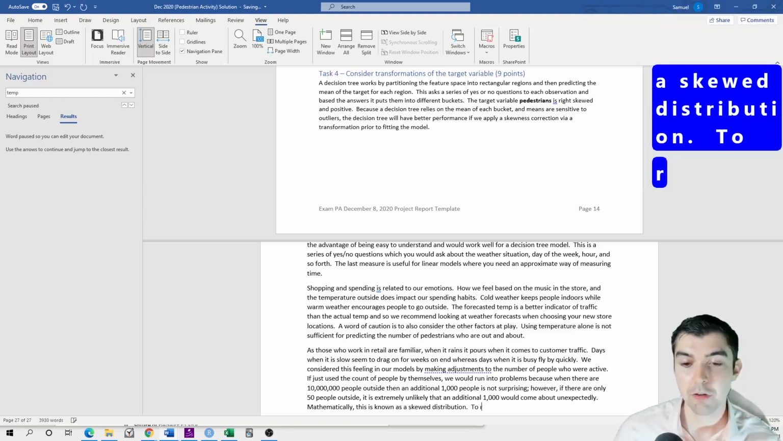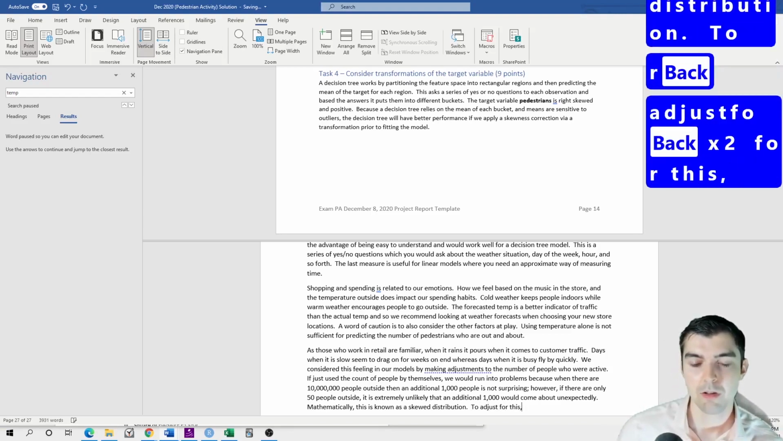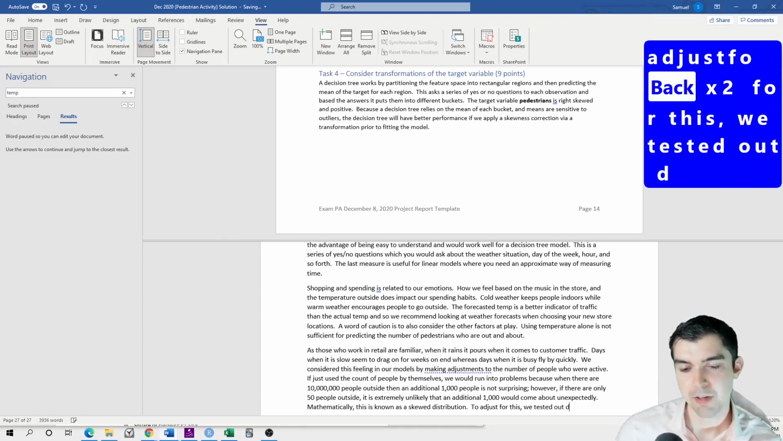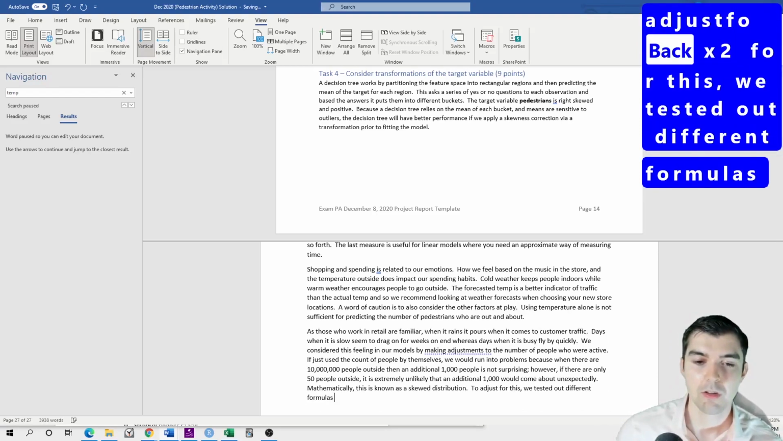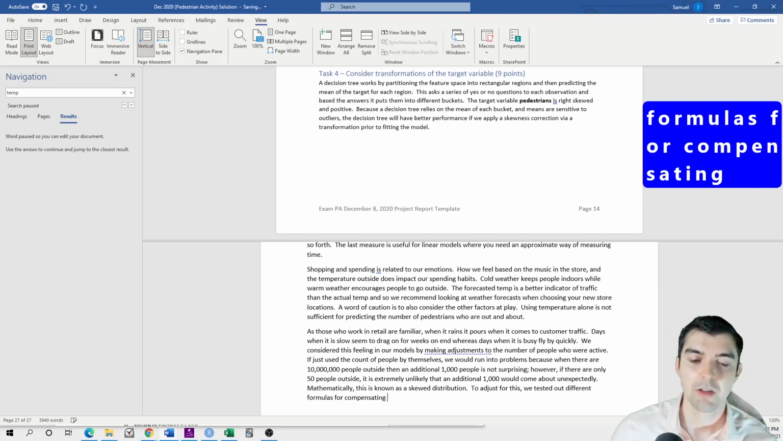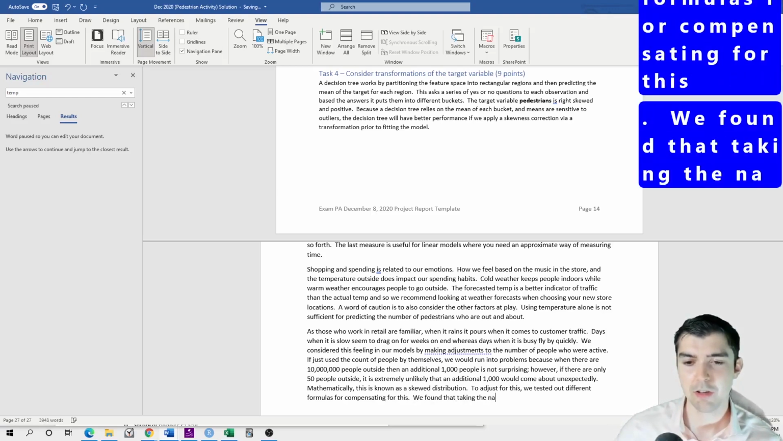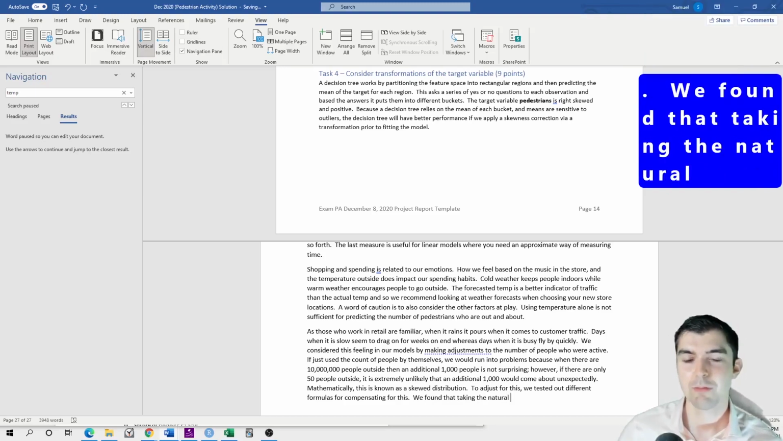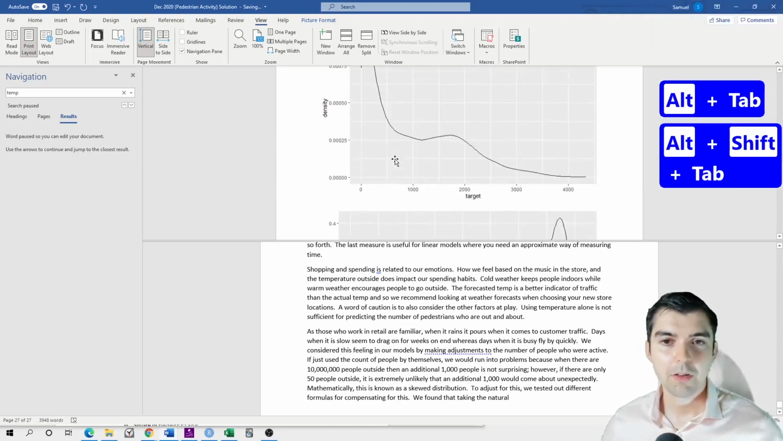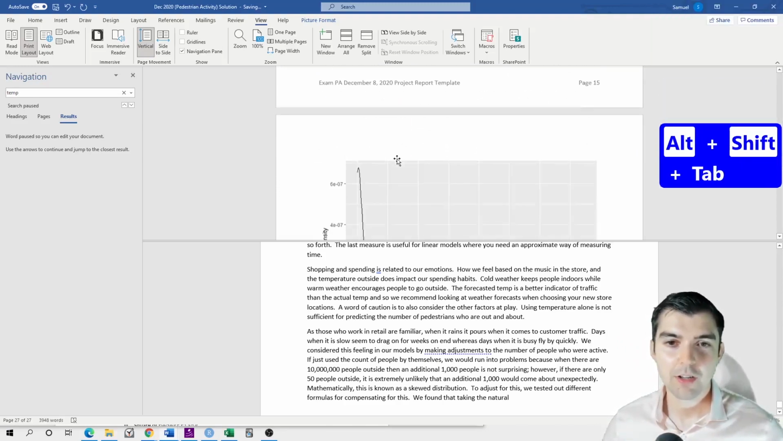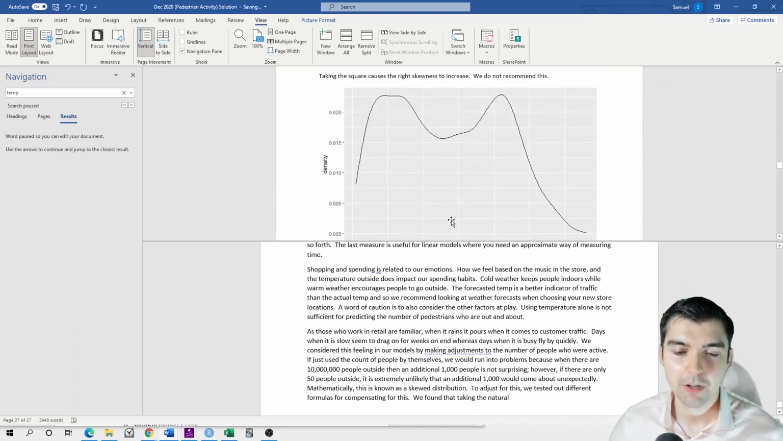To address this, to adjust for this, we tested out different adjustments, formulas for compensating for this. We found that taking the natural logarithm, actually, let's go back. What was it that we worked on? Remember, we wanted the distribution to be symmetric, and it was this one. Taking this square